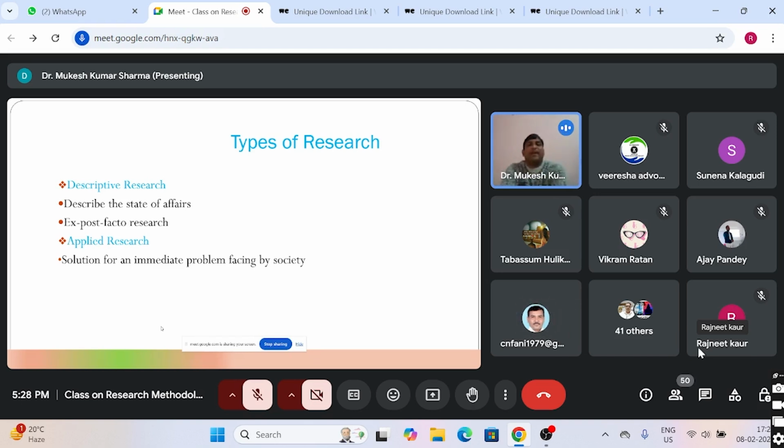Now let's come to applied research. Applied research is generally applied by physical science people, because whenever there is a problem being faced by this,